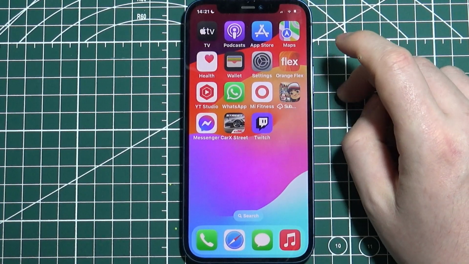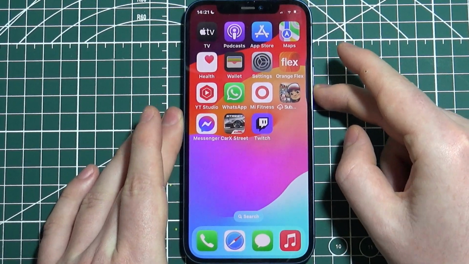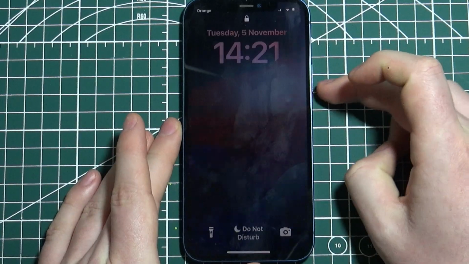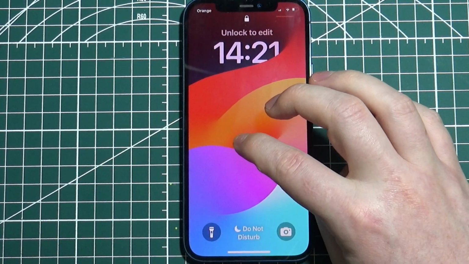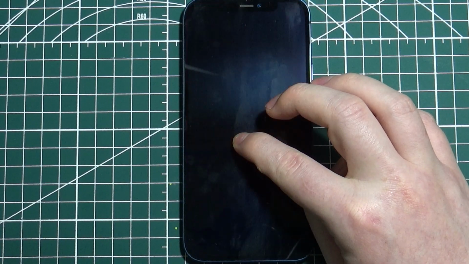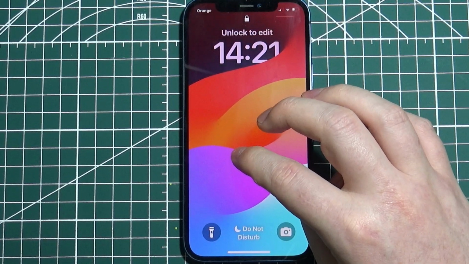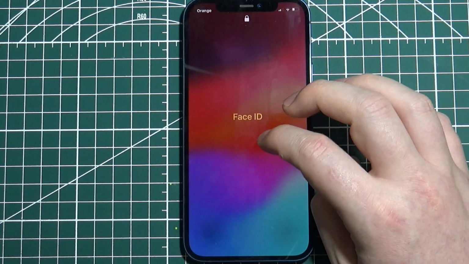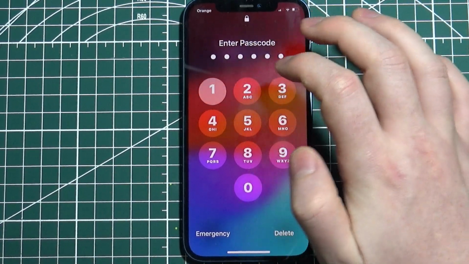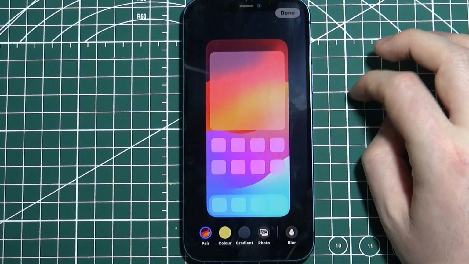To change wallpaper on your iPhone, the easiest way is to click on the side button to lock your screen, then click on it again, and right here click and hold your finger in the middle of your lock screen. Now unlock your phone, and then we can go for the customize, go for the home screen, and right here